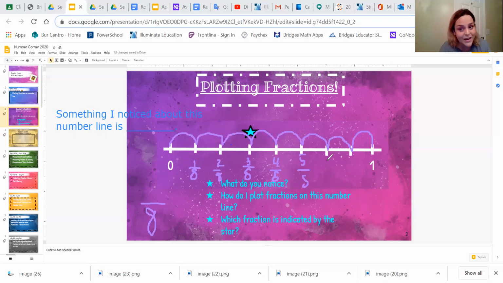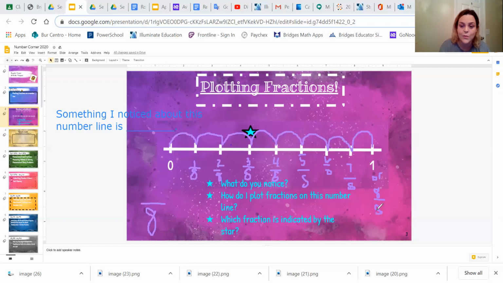What do you think this one would be? Yep, you said it. You said it at home. 6/8. And then this one would be 7/8. Or 7/8, and then 1, a whole, or this is our 8th, right? This is our 8th jump. This is our 8th piece. So this would be